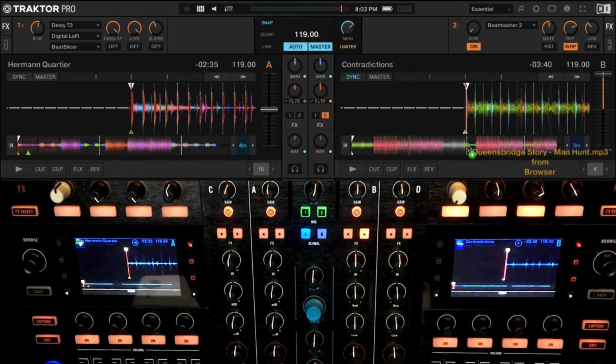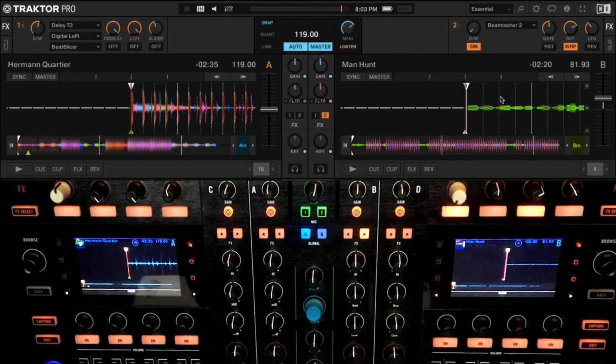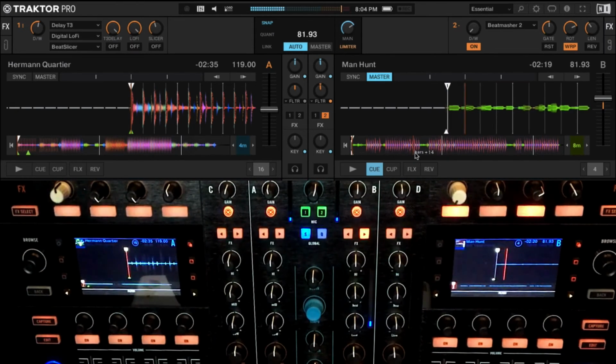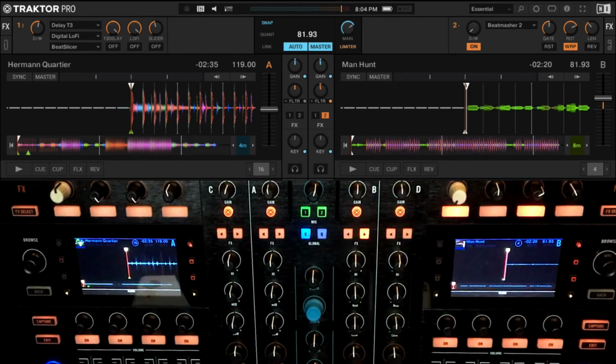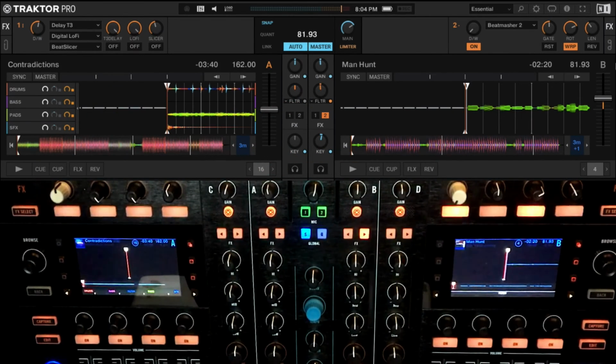Let me take something from this 84 BPM track. Let me not sync it, okay? So I have a bit over here, which is a small segment. Let me also take a track in a similar key as this. Or in fact, let me change the key of this using Traktor's key shift feature. So I've taken it to 3M, and I have this track which is 162. Okay, it's a stem, but it's fine.